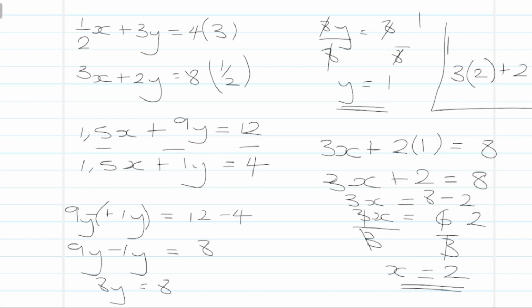When we add these values, we have to get 8 here. So we say 3 times 2 is 6 plus 2 times 1 is 2. So 6 plus 2 is 8. So which means our